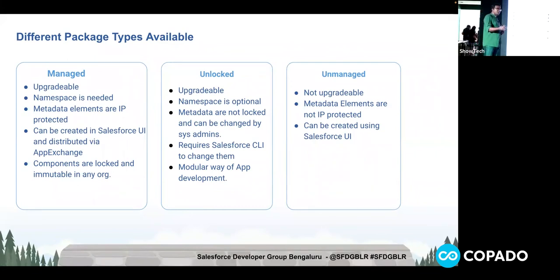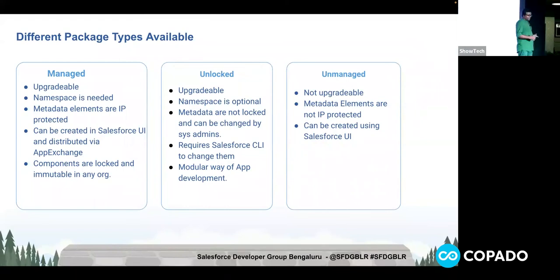And when you publish it on an App Exchange, you cannot see the code. You have to go through the support process and check out some issues that you're facing. That problem is not a problem in unlocked, because we are not going to publish it. You have to go with managed, but unlocked provides you upgradable features. Even IP protection is not enabled, so that is a benefit for you because it opens up a lot of